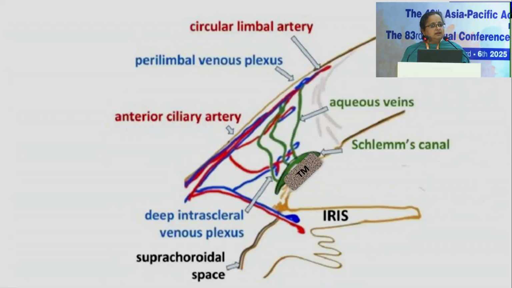Overcoming this resistance that is offered by the trabecular meshwork. Traditionally, we understand that there are different veins whereby from the collector channels, after the trabecular meshwork pumps it towards the Schlemm's canal, it's collected by the collector channels and then sent into different venous plexus, superficial as well as deep. From there, it goes into the systemic circulation.